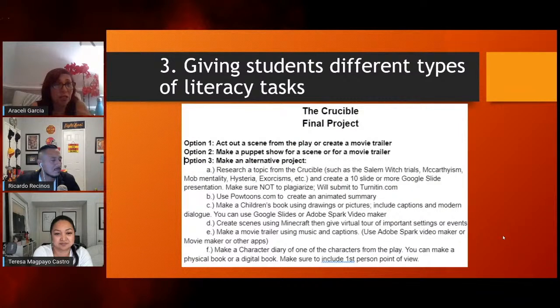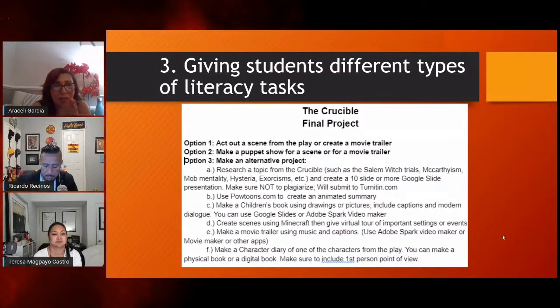And so, here again is what I gave my students just a couple weeks ago. So we got to the final project of The Crucible, and I said, these are all your options. There are some kids who don't want to work with others right now. They don't feel comfortable working in a big group, right? Maybe they need to work with just a partner. Maybe they just need to work on their own.